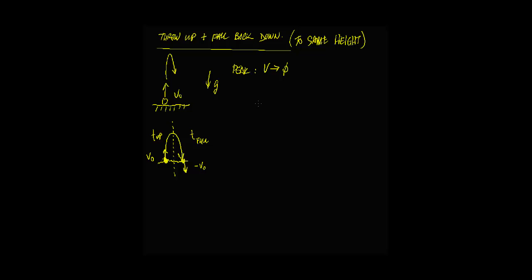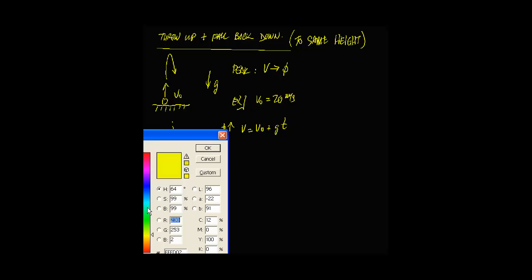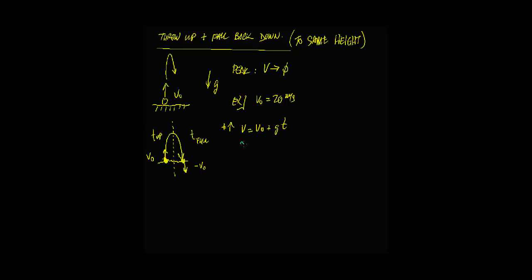So to do this kind of problem, we looked at the last one, where we threw it up at 20. Let's find a bunch of different things there. If we use that first equation, V equals V0 plus gt, again we're still calling positive up, and gravity is down. We'll get 0 at the peak, 20 plus minus 9.8 times t, and we saw in the last problem that t equals roughly 2 seconds. That means if it took 2 seconds to go up and stop, if it falls back down the same distance, the time down will also be 2 seconds. So our total air time, or hang time, or time in the air, would be 2 plus 2,